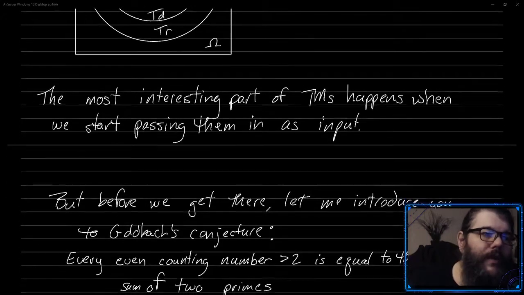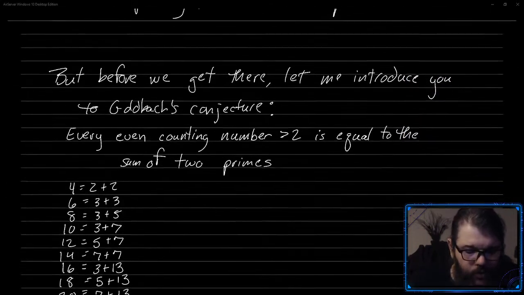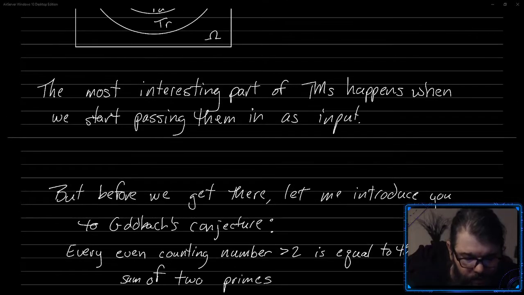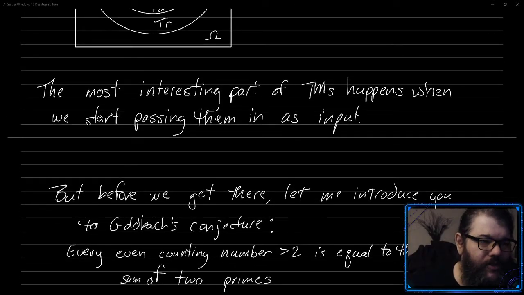So before we can actually get there, I want to introduce you to a situation that kind of, well, maybe I showed you a little too much. A situation that kind of highlights this, which is the Goldbach conjecture. The Goldbach conjecture says, roughly, that every even number, let's ignore negatives, greater than 2, is equal to the sum